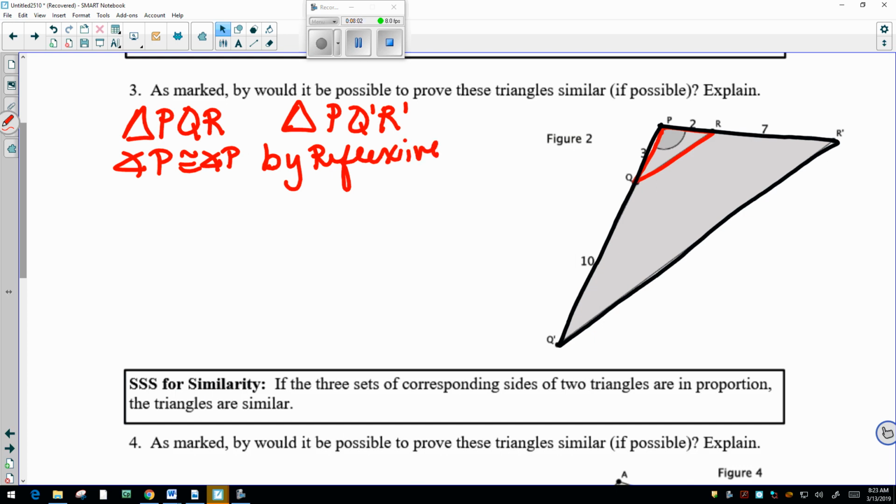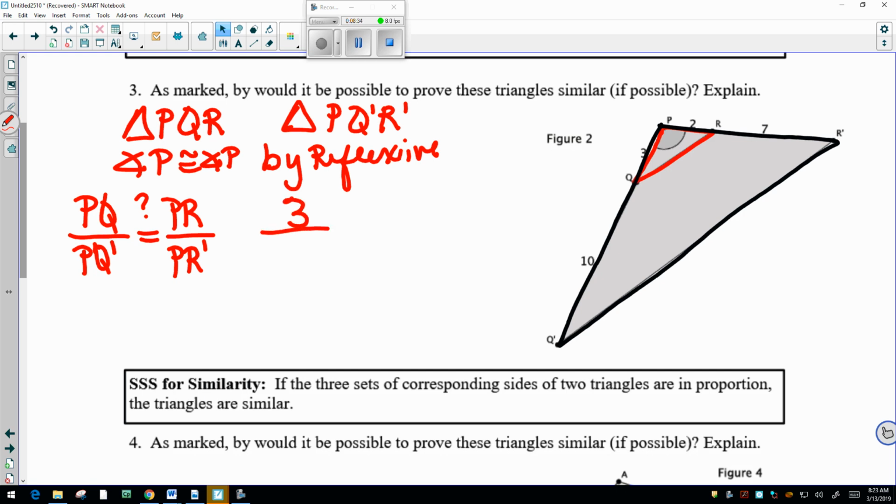So then the next thing I need to do is check our sides and see, are they in proportion? So I'm going to compare side PQ and PQ prime. So staying on the left side of the triangles. And I'm going to see, is that in the same proportion as when I compare PR to PR prime? So this is our question. Okay, and if I were to make that proportion,